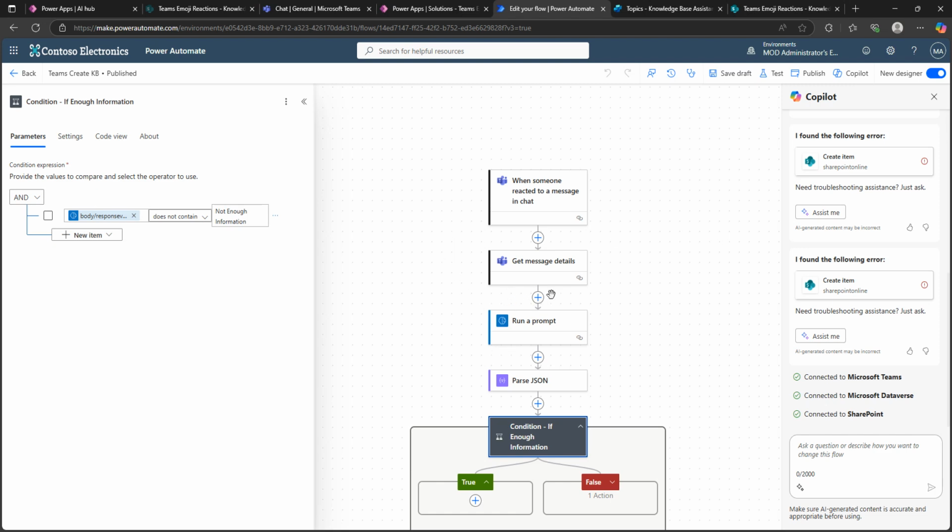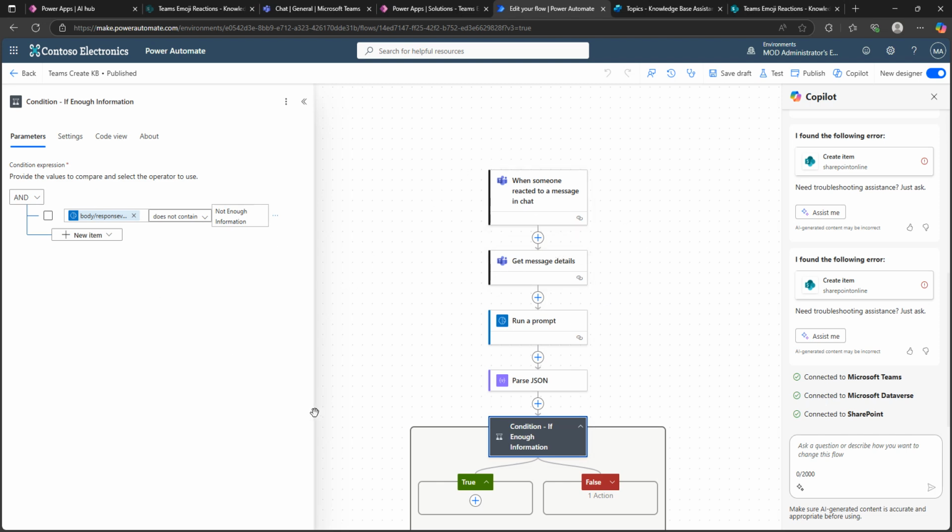But you'd want an approval process before this to say, okay, it's been triggered. Do you actually want a knowledge base article off the back of this? And then potentially another approval process off the back of the prompt just to sort of validate things. What we can also do to extend this is potentially say, if there isn't enough information, then that could be